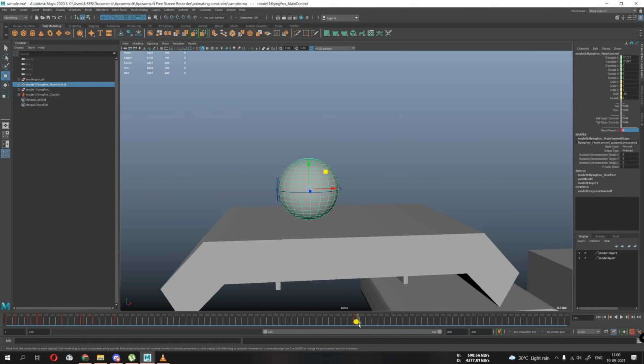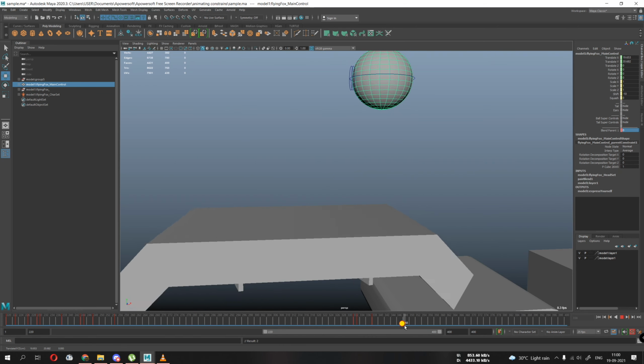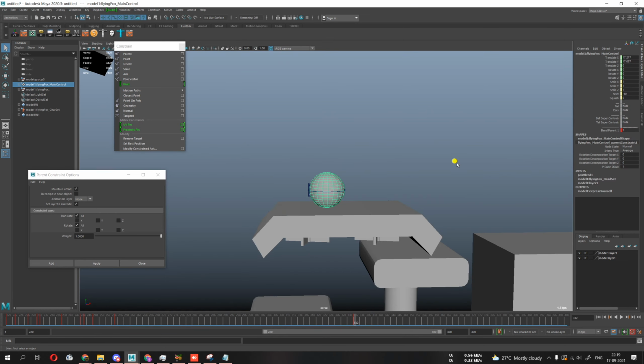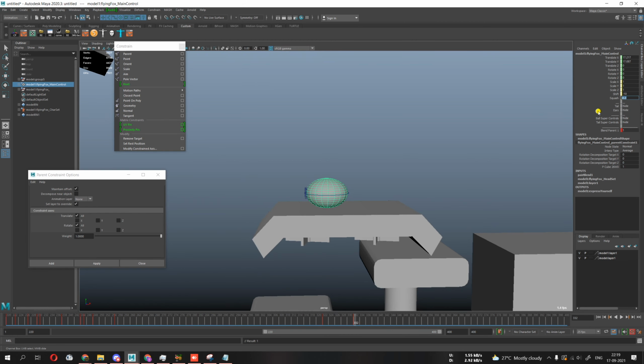So let's roughly animate ahead, and let's see. So it's not following the platform anymore. Let's quickly animate ahead. We'll add some squash before it, so it comes in with anticipation.